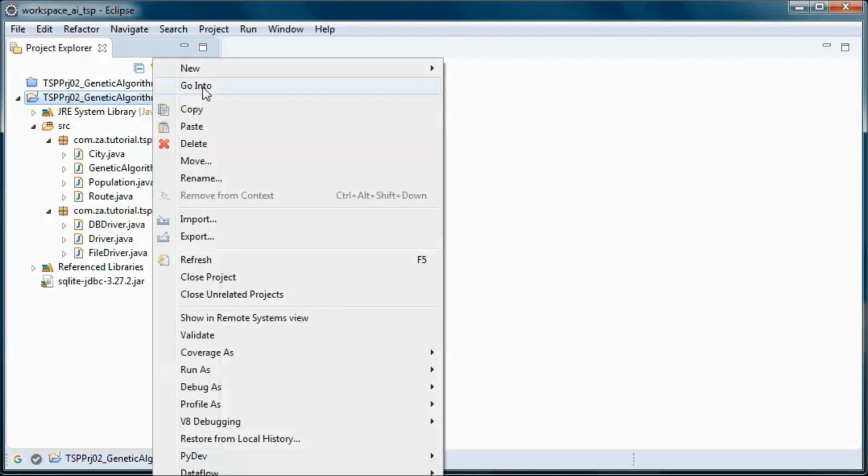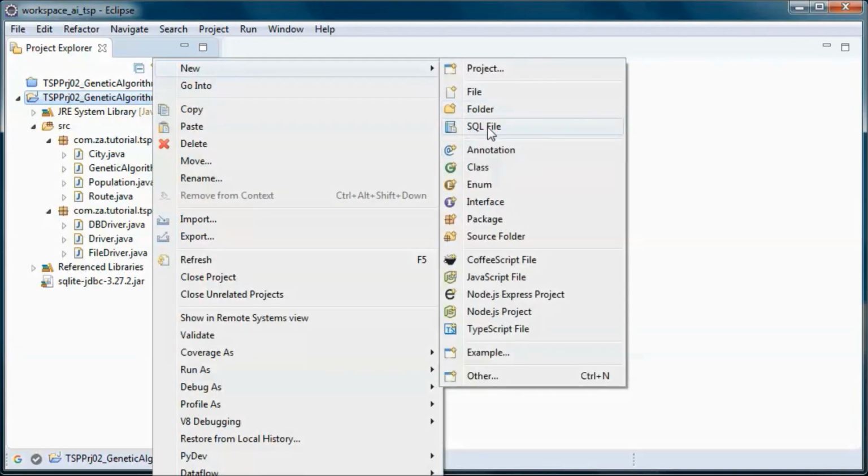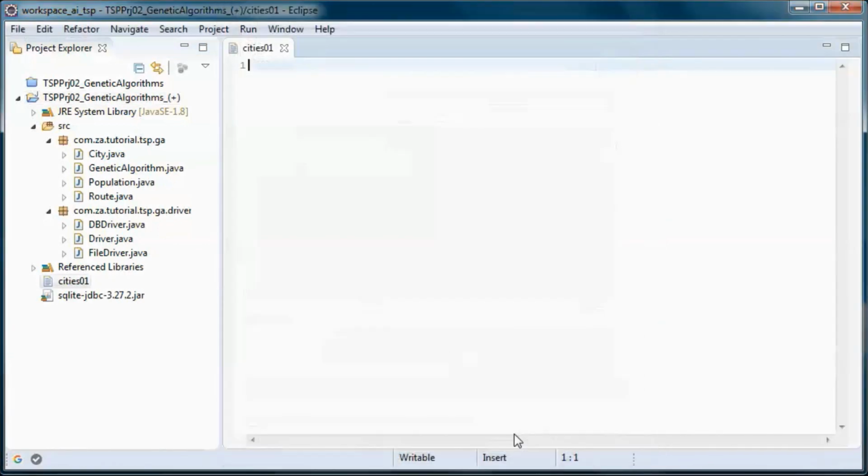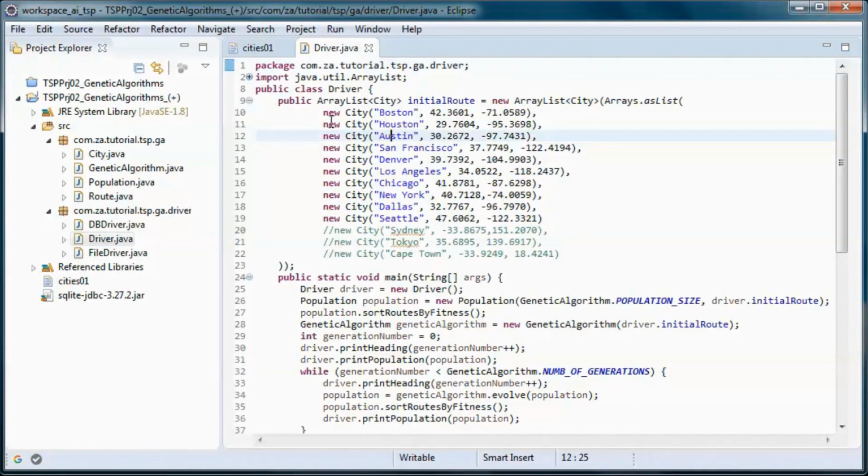And let's go ahead and create this, let's call it cities01 file, and we'll have it contain those cities.